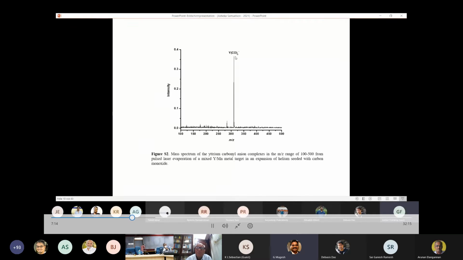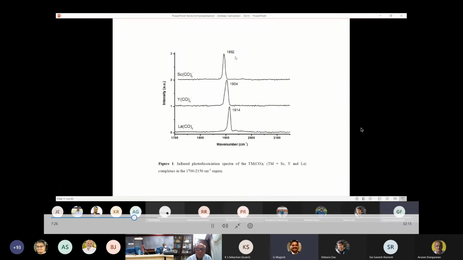Now, an additional piece of information was the vibrational spectrum, because he has the experimental means of measuring the gas phase vibrational spectrum, and he got that. And he got only 1 signal for scandium, yttrium, and lanthanum, which means that they have very high symmetry and they are strongly red-shifted. And that was the information which came to us. He said, Gernot, I do not understand it. Could you run the calculation? And we ran the calculation,